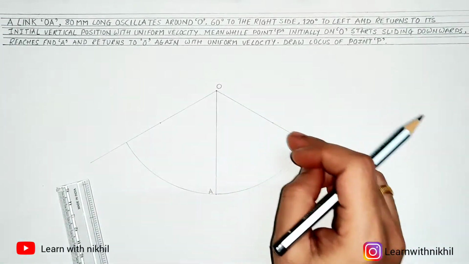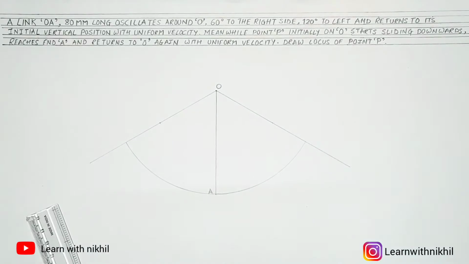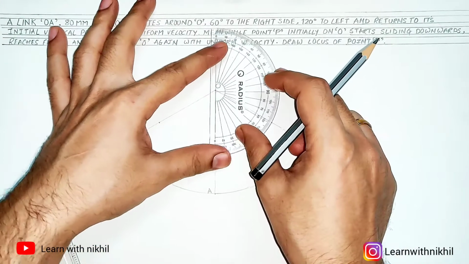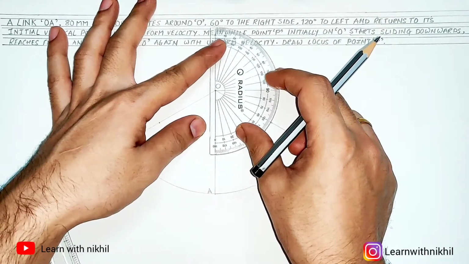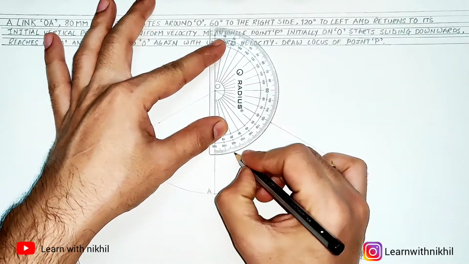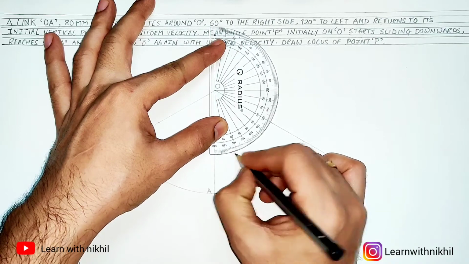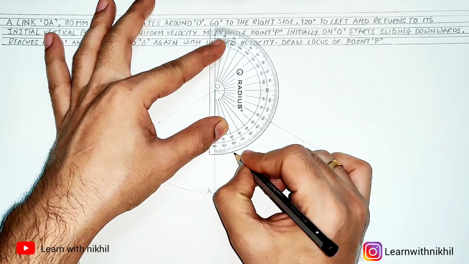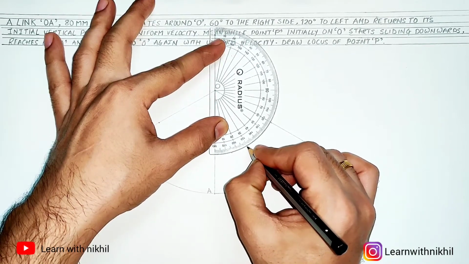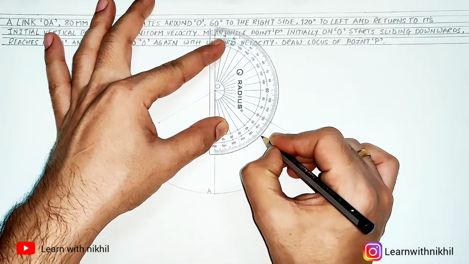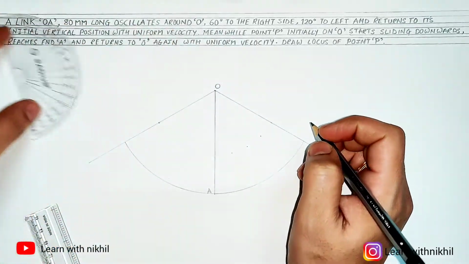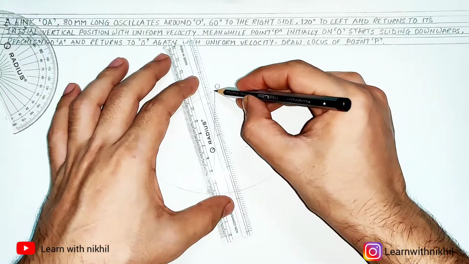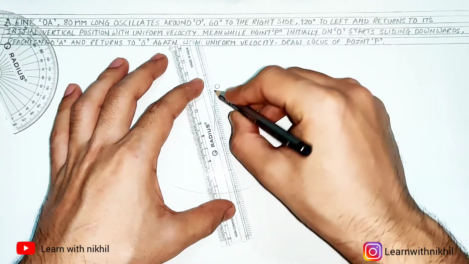Now next step, we will divide the angle into 4 equal parts like we did it in previous sum. So 60 degree dividing into 4 equal parts will be 15 degrees. So I am marking at a distance of 15 degrees the points. So left side is divided into 15 degrees. Same we will do it for the right hand side.